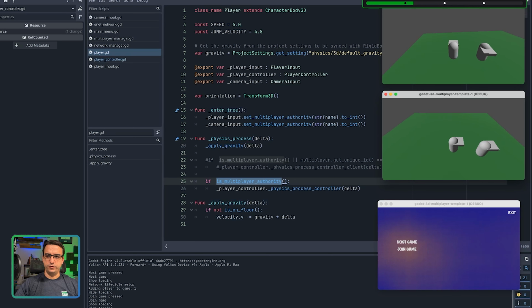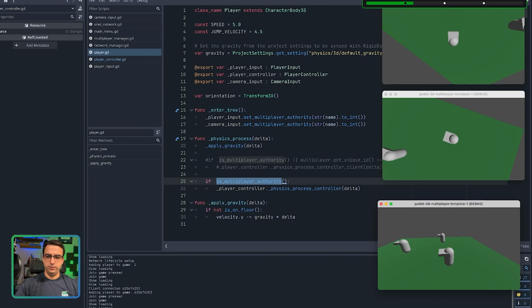Okay, so he's moving fine, and you can see that his inputs are being processed as you would expect on the server. Let me try to get to the other client, just see if I can debug this a little bit further. So the motion is definitely there, and the run thing's working. I didn't really test that, but our rotation isn't. So rotation